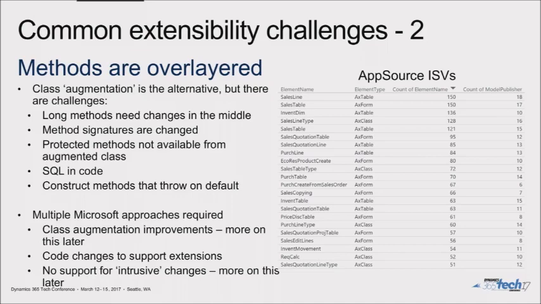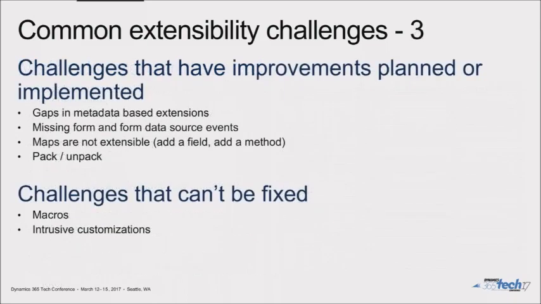For those of you in the back, looking again at the AppSource ISV sales line table, sales table form, invent dim, sales line type, sales table are the top examples of classes that are overlayered in the system. And we have a number